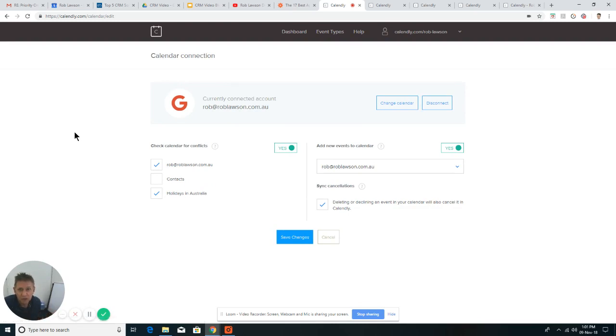So they've got email with my name, with my URL. It's not a Gmail account. So you can set that up. You can see here where I've got it connected between my G Suite account and Calendly. That's fairly easy to do just by when you first log into Calendly, it asks you if you want to log in using your Gmail. If you're already logged in when you open it up in that browser, I find it